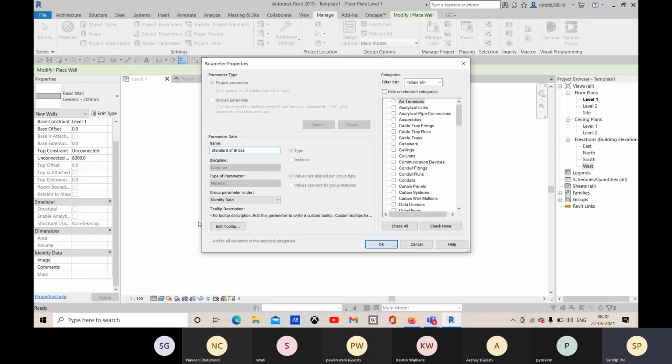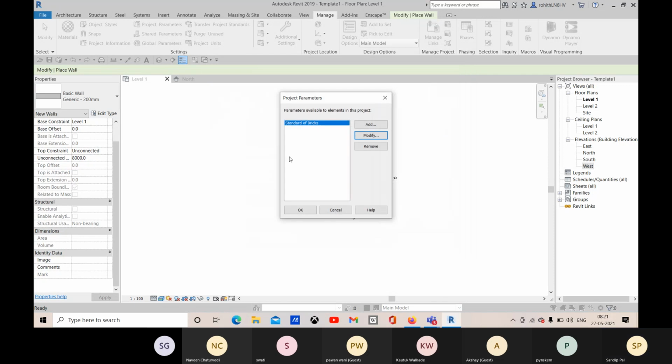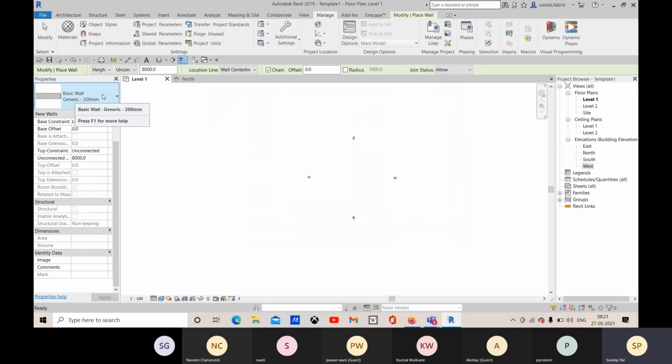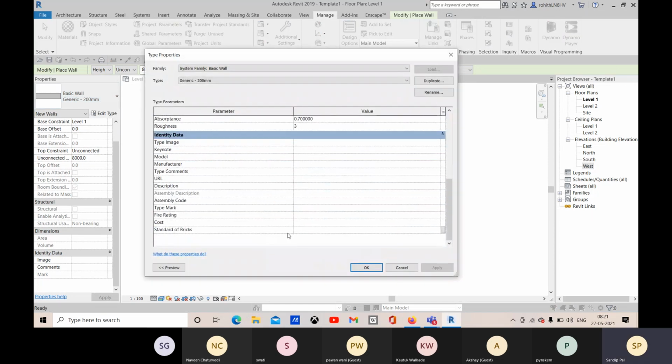Now you see that this is kind of locked. All right. So here, see this wall is there. Now let me cancel it, and go to this edit type here.